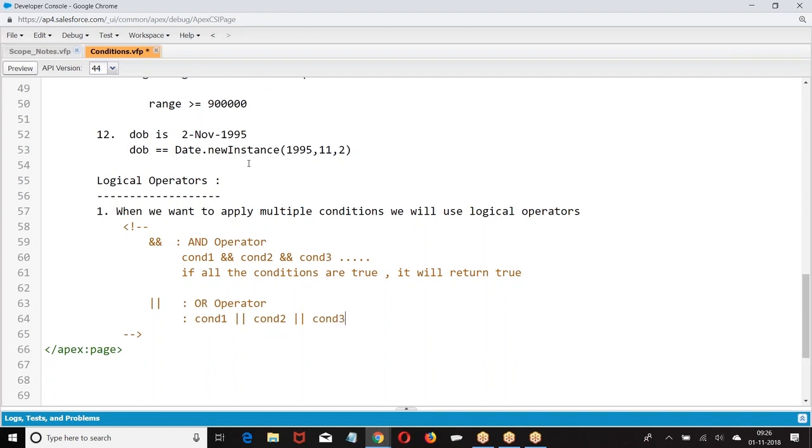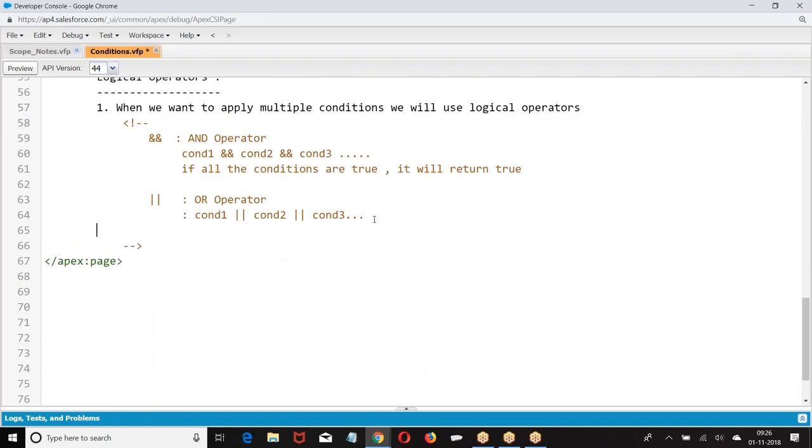It can be one or more conditions. If one or more conditions are true, it will return true.